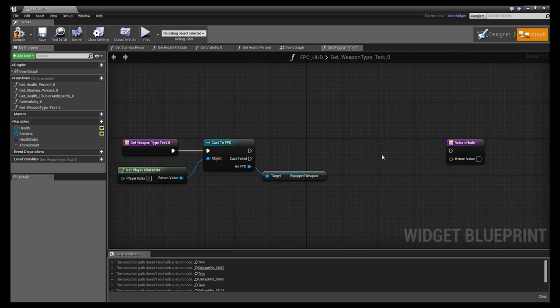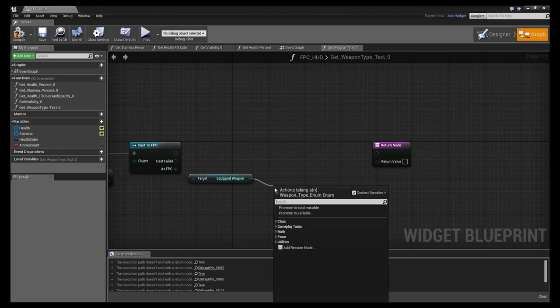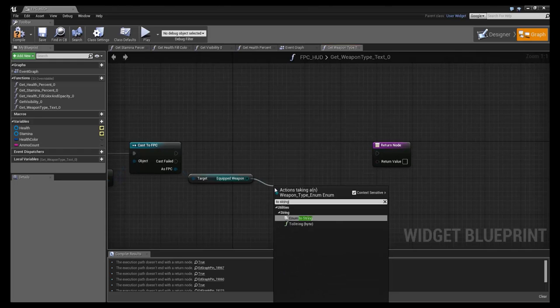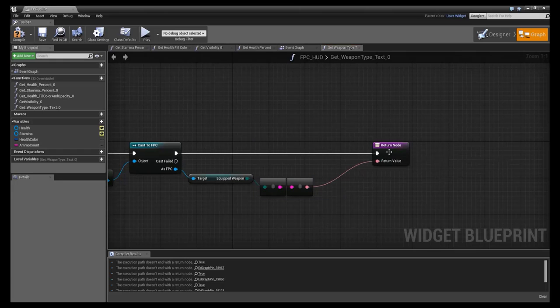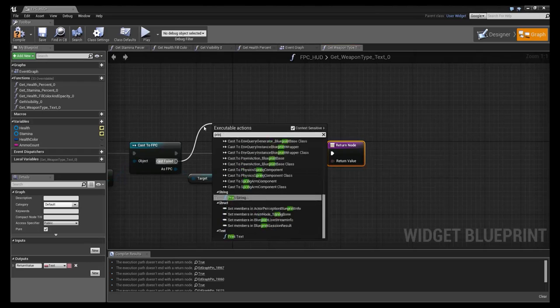So, after that, we actually can't just hook this up right here, because it's not compatible with text. So what we need to do is first make this a string by using toString. And then from there, we can connect this string value to the return value. There we go. And then we can just connect this, move that over a bit, and finally we need to add our print